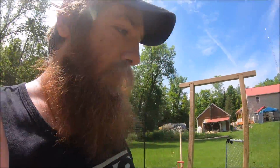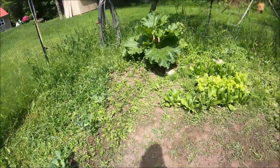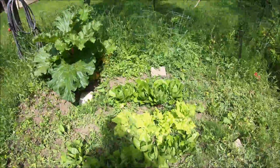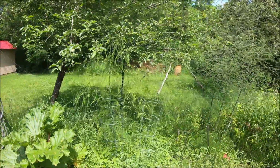All right, finally got it done. Well, I got it done to the point where I could probably go in and hand weed a lot of this a bit easier. But now I can give you a proper tour. So, got Brussels sprouts there, lettuce here, so I got a bit of weeds in there, but I'll get them. Rhubarb, asparagus has gone to seed,